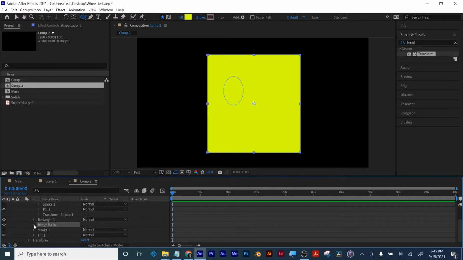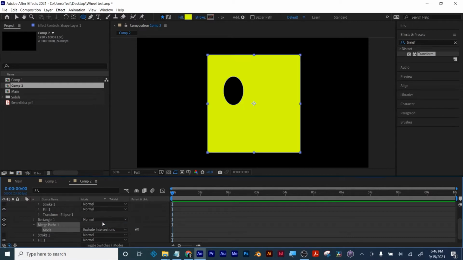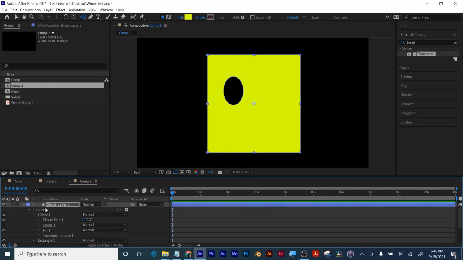Now we'll see if it works the way I want it to. Sometimes it's the order of where you put things in. So that's what the intersect did. There's exclude intersect. Okay, so I put the merge in the actual shape itself, not in one of the shape layers inside it. And the neat thing about this is sort of like the Pathfinder in Illustrator,